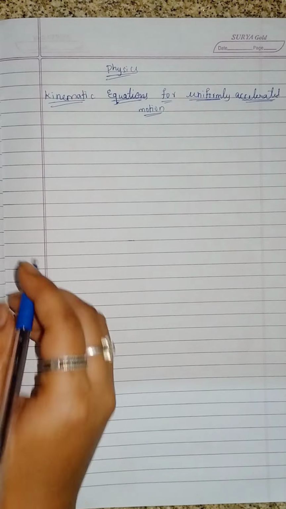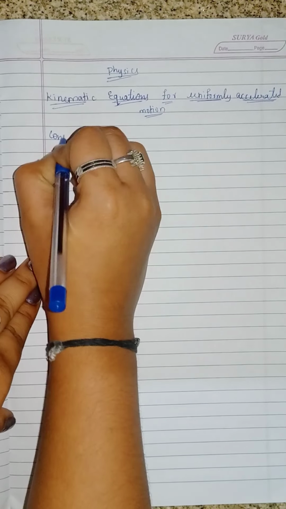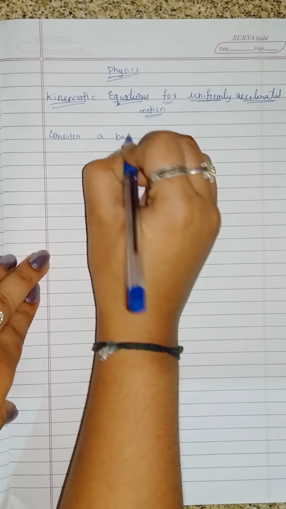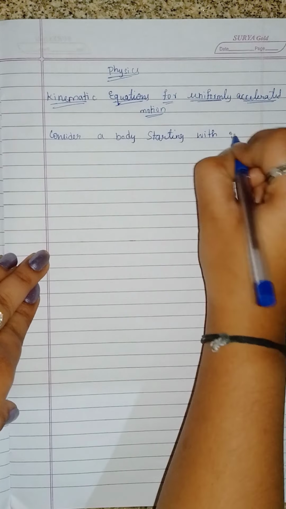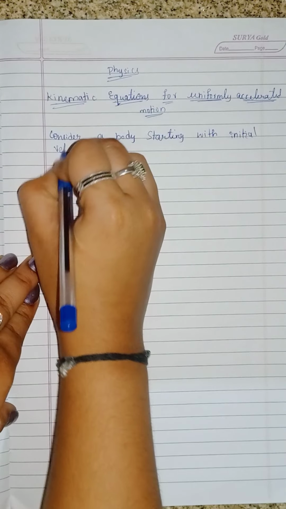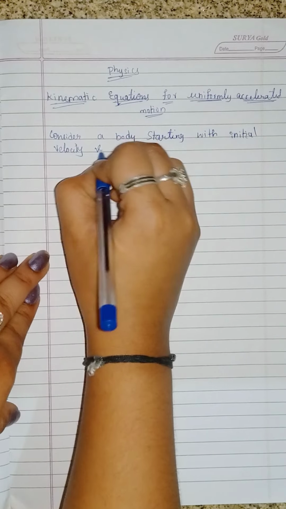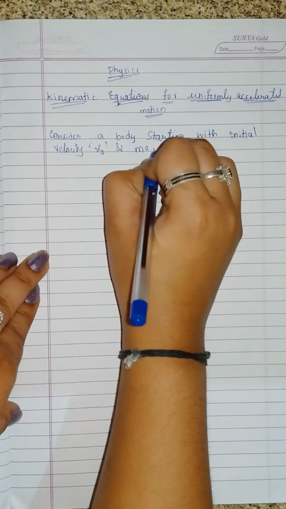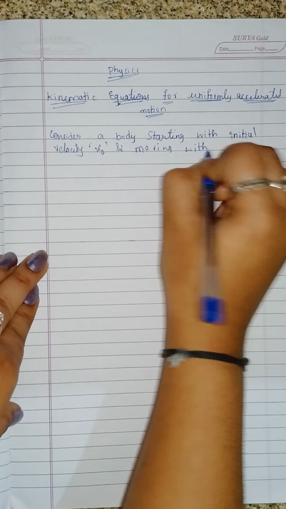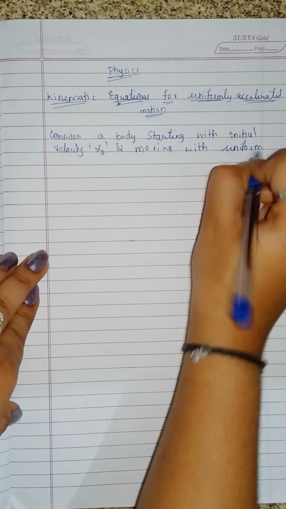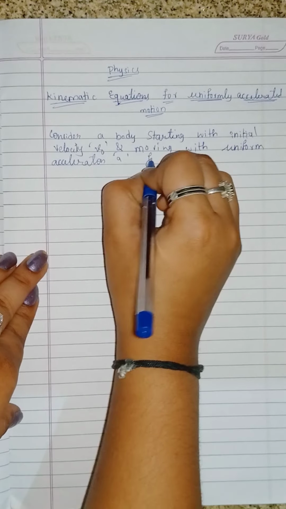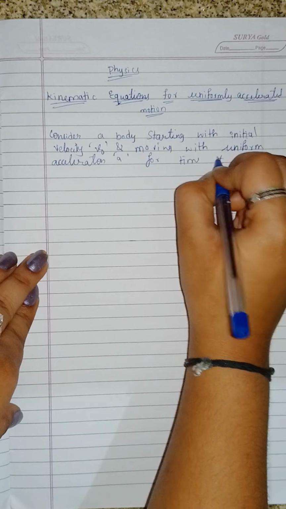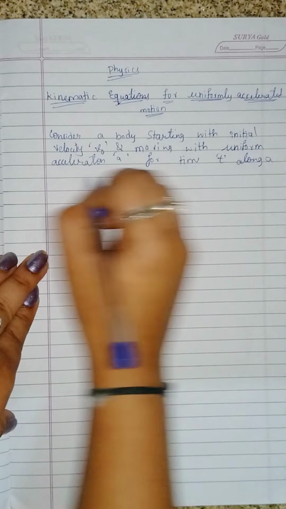Now to see the derivation of the kinematic equations of uniformly accelerated motion. For that, first we have to consider a body starting with the initial velocity v naught and moving with uniform acceleration a, for a time interval t along a straight line,